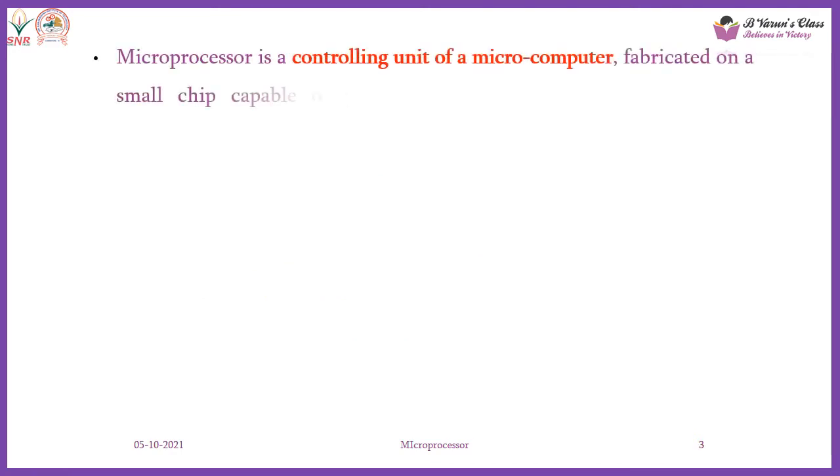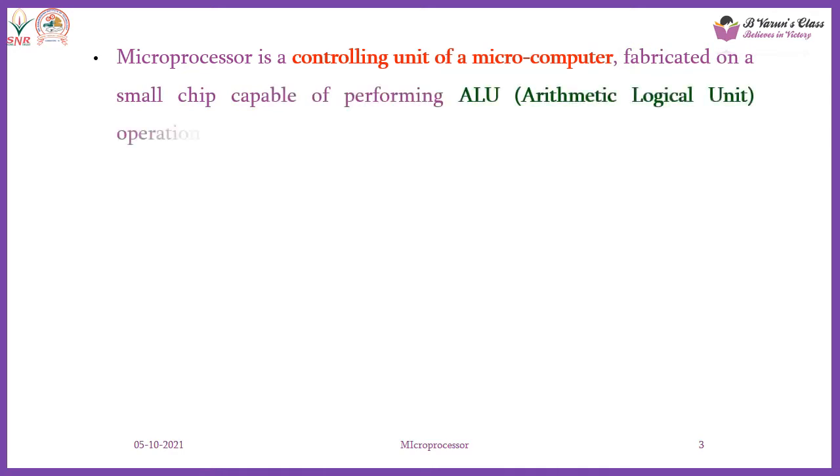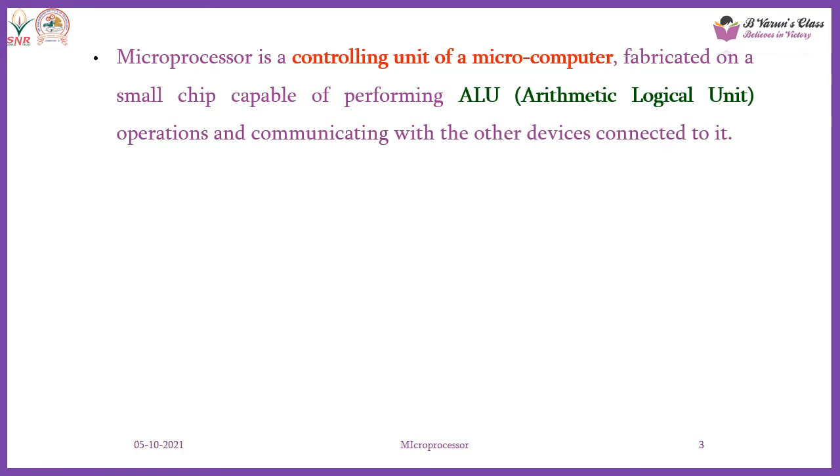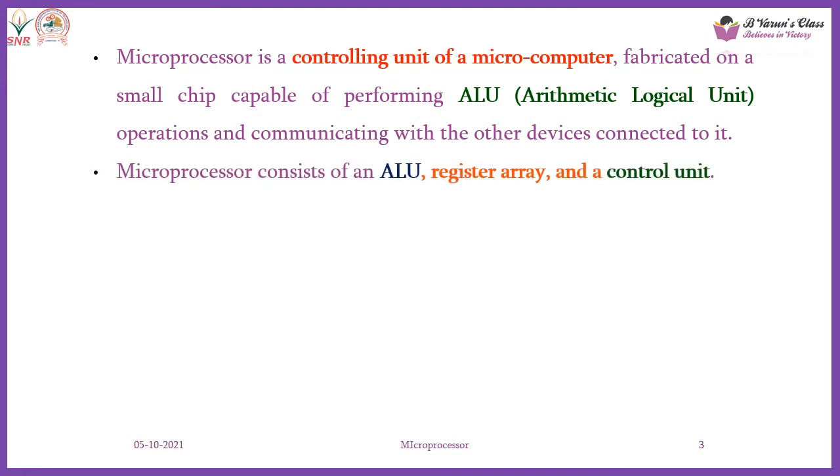A microprocessor is a controlling unit of a microcomputer. It is fabricated on a small chip-based kit, performs the arithmetic logic unit operations, and communicates with the other devices connected to this microprocessor. A microprocessor consists of an arithmetic logic unit, a register array and a control unit. All these three